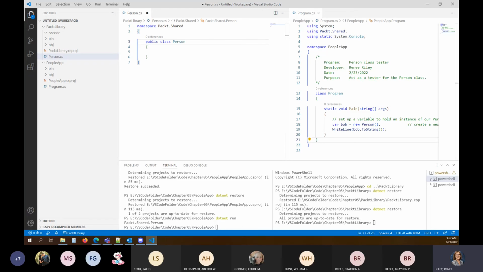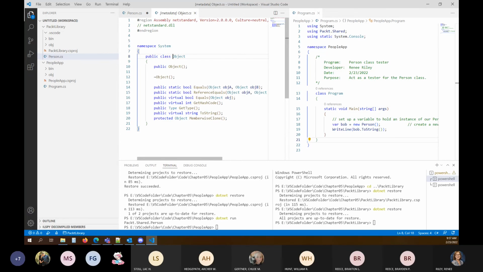Okay, they say they want us to explicitly inherit from object. So I lied, I'll put that back. Now, click inside the object keyword, this keyword here, anywhere, and press F12. What you should see is the definition of the system object.